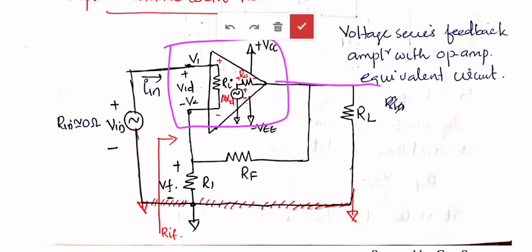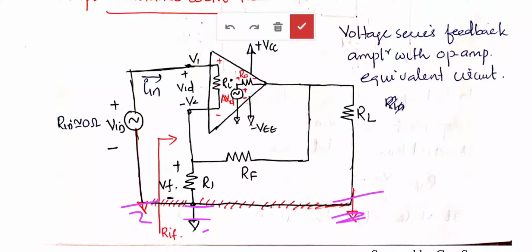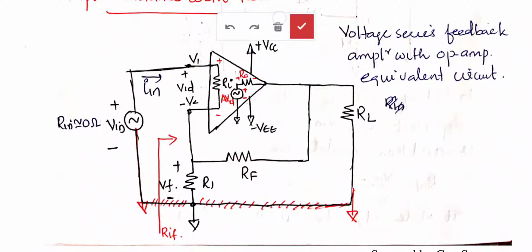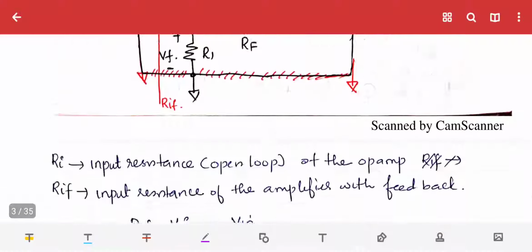The output is connected back to the input through the load resistance RL and the feedback network RF and R1. Instead of connecting it back, we have shown everything in ground condition. This is ground, this is ground, this is ground. That means these are all connected together. For further explanation, we have used the connection like this. The input resistance RIF is this one, resistance with feedback. Vin value has been shown, the current flowing inside, I in, is shown. Now we will see how to derive the expression for RIF.